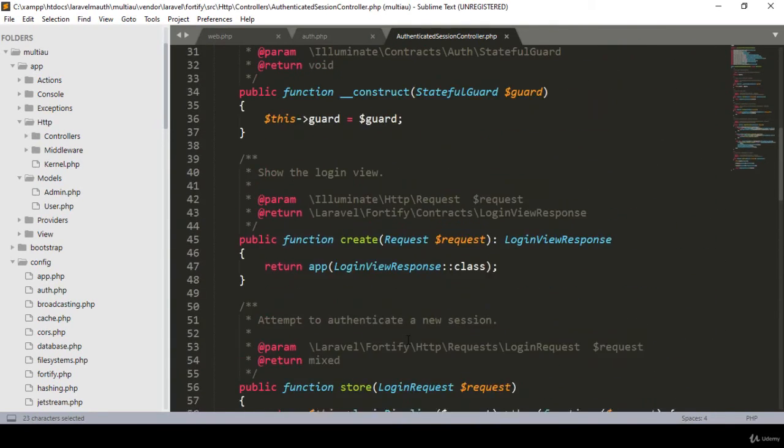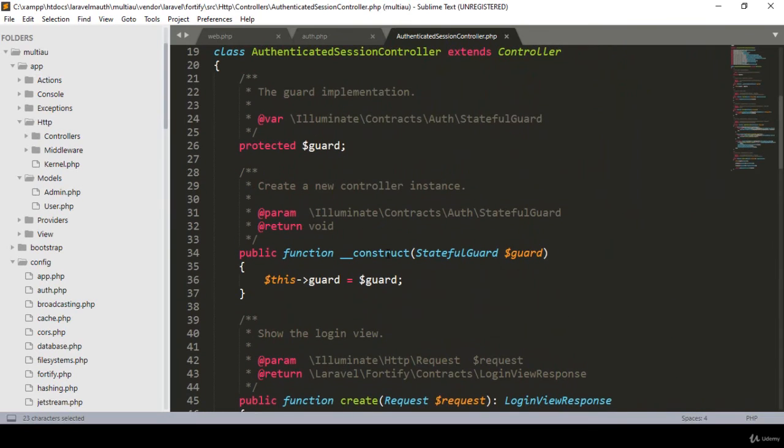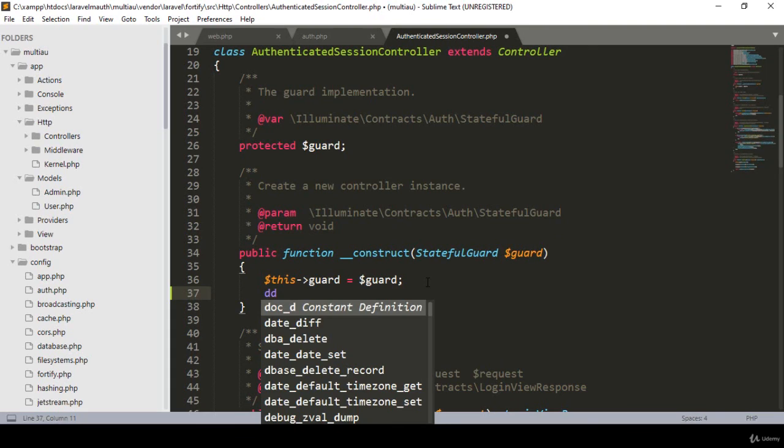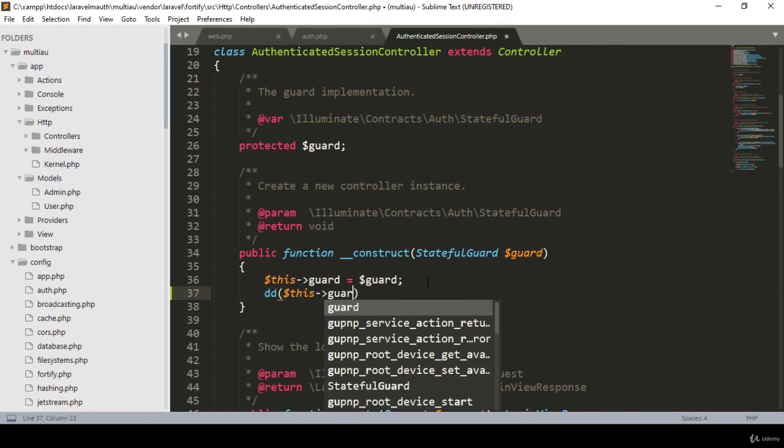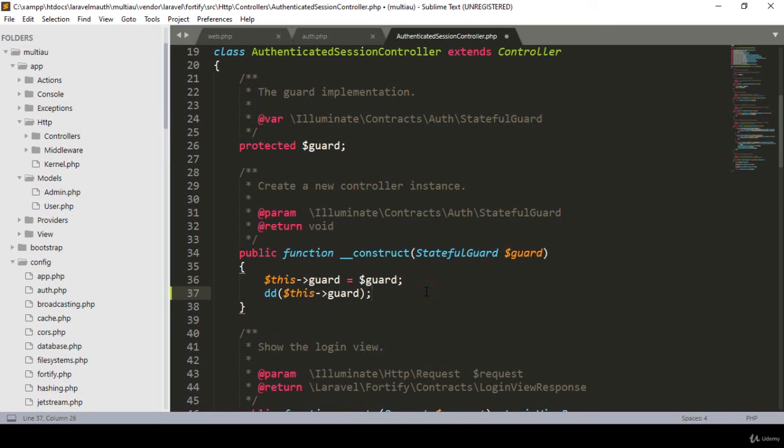If you want to check it, here is our constructor. In the constructor, if you want to check with dd, to see which guard it is using by default. As I told you, by default Laravel uses the web guard. So if you click on this and the guard, okay, I added the guard. If you want to add this guard in that particular area, and after that click save all, and now